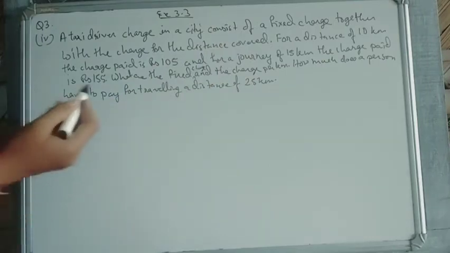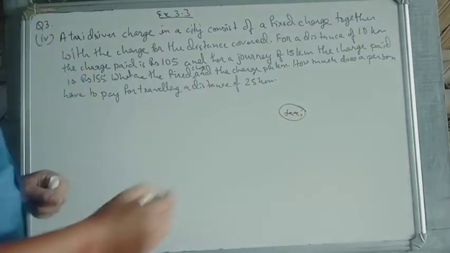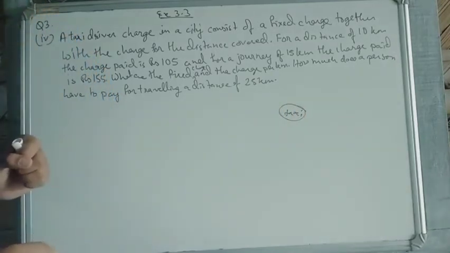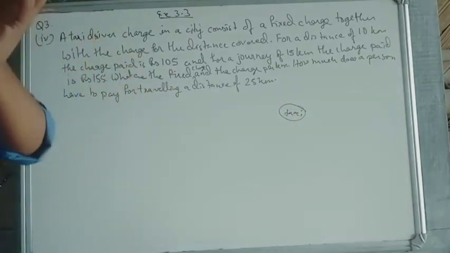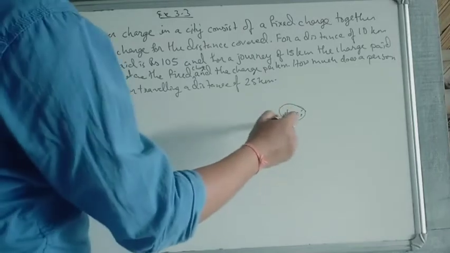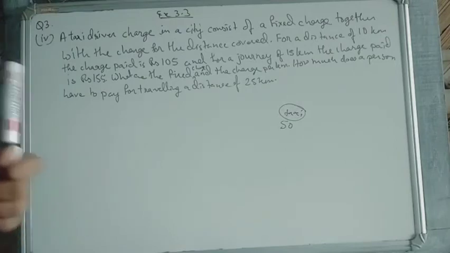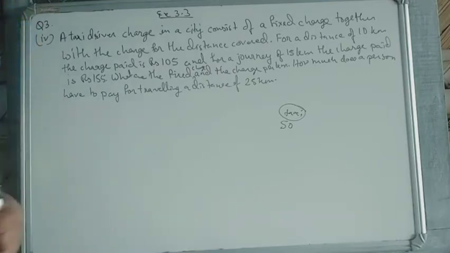So suppose you go to any city or any place and you take a taxi. Suppose you got inside the taxi. Even if you got inside the taxi, you have to pay an amount, like I said, 50 rupees. Suppose from here to Salmara you have to go, then you have to pay at least 50 rupees, that is fixed. Suppose you go to Salmara or to Forest Gate, you have to pay the minimum charge, that is 50 rupees.